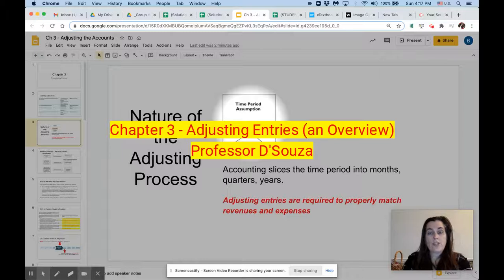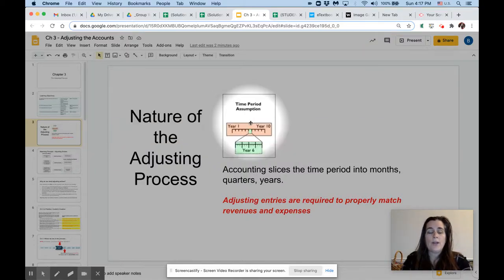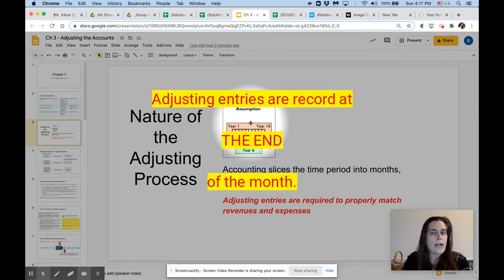Hey everybody, let's take a look at chapter 3 and adjusting entries. Adjusting entries are journal entries, similar to what you've already been doing and learning about in chapter 2, but they are special types of journal entries. Now, to understand the why and how these journal entries are slightly different from what we've been looking at, we